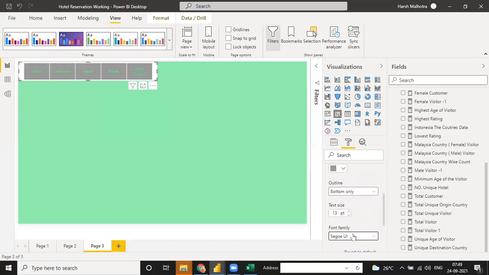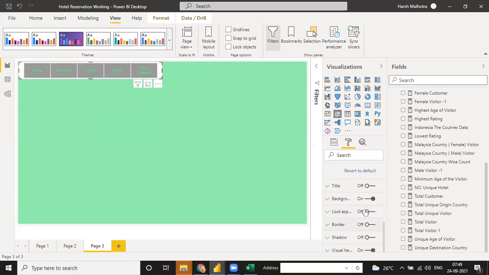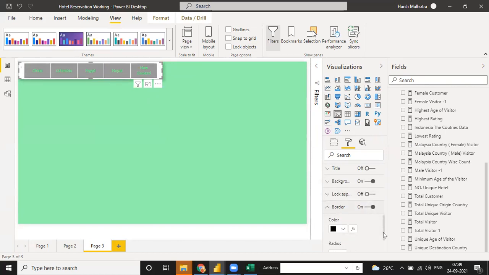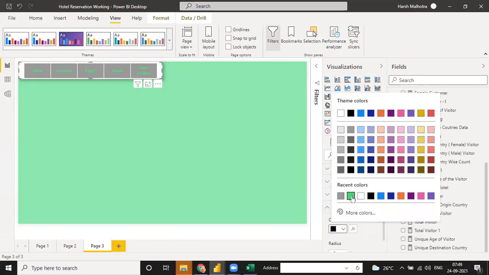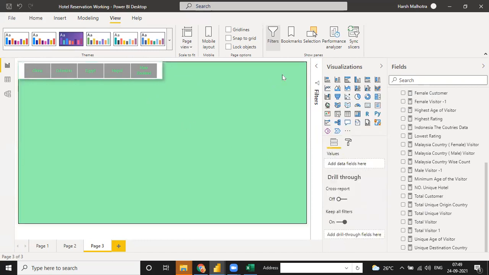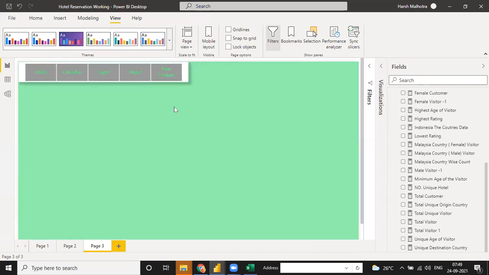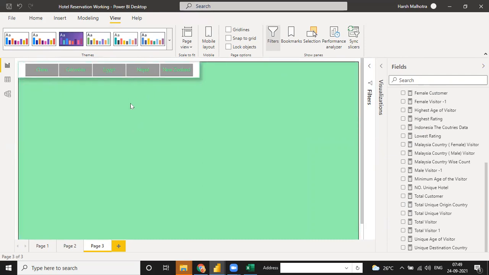Font you can change. And if you want a border for this, and if you want the border color not black, you can make it the same green. Okay, so now our first slicer is ready. China, Colombia, Egypt, Nepal, and New Zealand, the top 5 countries we have.